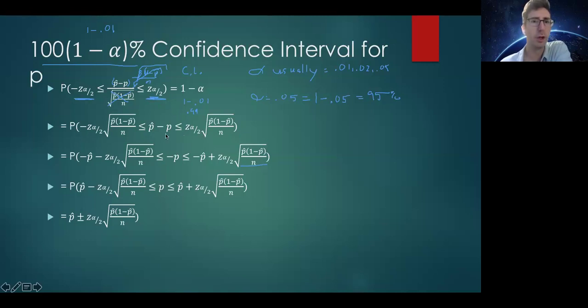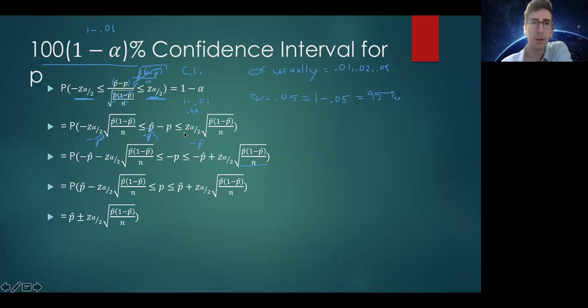Pretty straightforward. So now we're almost there, right? We want p by itself. So now if we just subtract p hat, we can subtract p hat on this side and on this side. Positive p hat minus p hat just cancels that out, right? So the p hat goes away, but we need to bring over the negative p hat here. So we have negative p hat